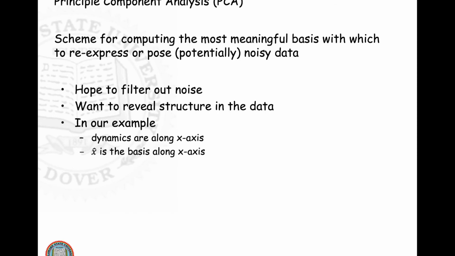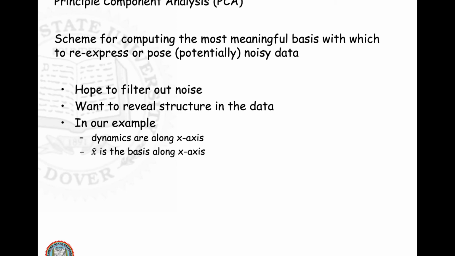So principal component analysis was intended to try to address this. What it provides is a scheme for trying to figure out what are the most meaningful bases, and I'll describe what I mean by meaningful, but what are the most meaningful basis vectors or axes with which you can express the motion or pose the motion so that you can filter out this noise. So how do you recover the direction, if you will, for the most dramatic part of your system dynamics? And so the goal that PCA accomplishes is to filter out the noise, and you also want to reveal structure